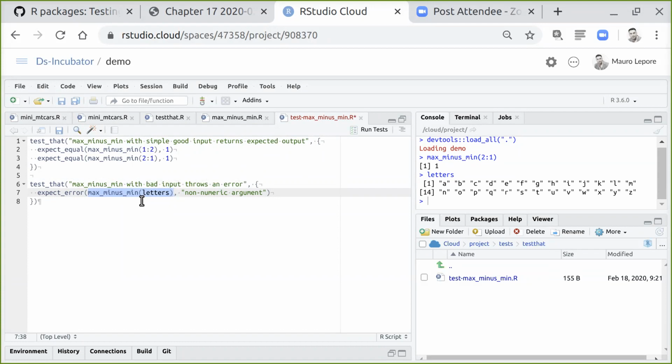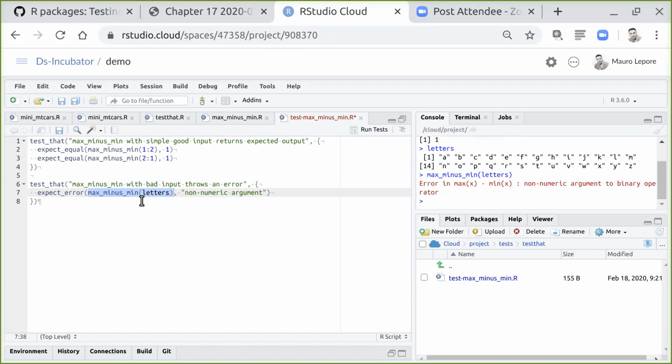So let's see what I would get if I run that on the console. I would get this error that says non-numeric argument to binary operator. It is a horrible error message, very much not descriptive of what's going on, but good enough for now. In the early stages of developing this function, I would be just happy to know that,